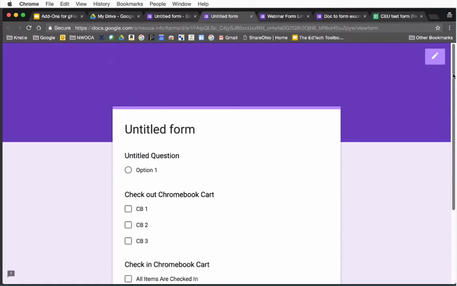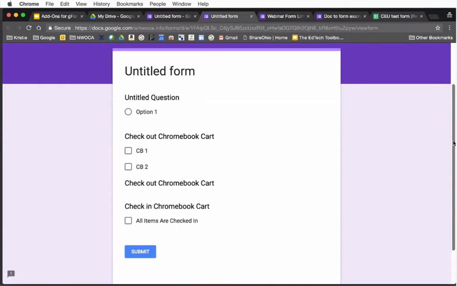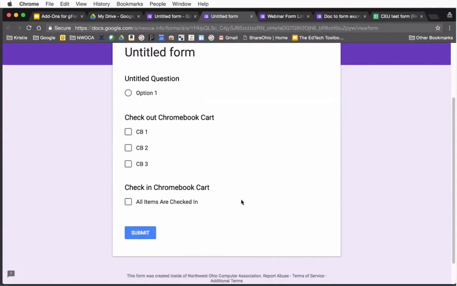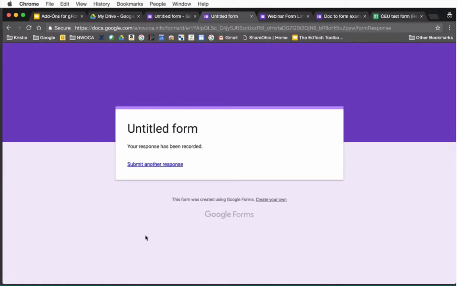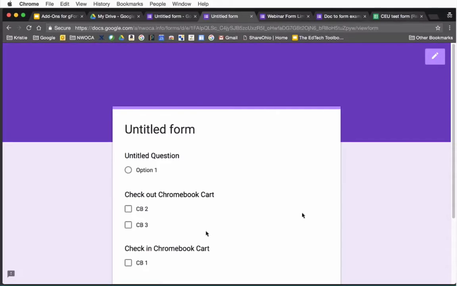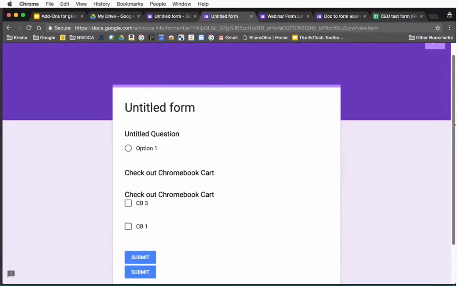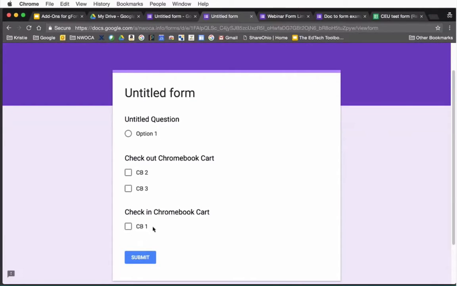And you certainly can make this all nice and pretty and so forth, but it says check out Chromebook cart and check in Chromebook cart. So let's say I was a teacher and I wanted to check out Chromebook cart 1. I'm just going to check Chromebook cart 1 and click on submit, and it says your response has been recorded. So once again, I'm going to click on refresh, and look at this, it automatically changed, and Chromebook cart 1 is checked out,